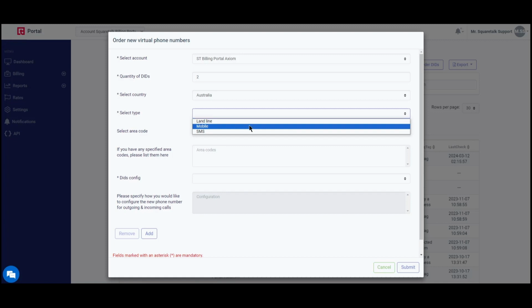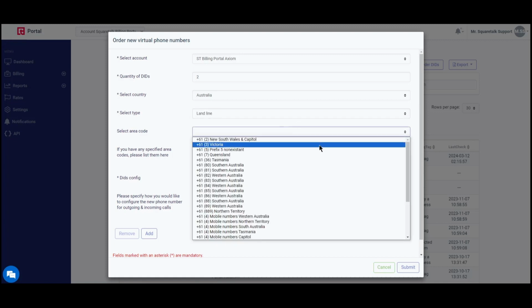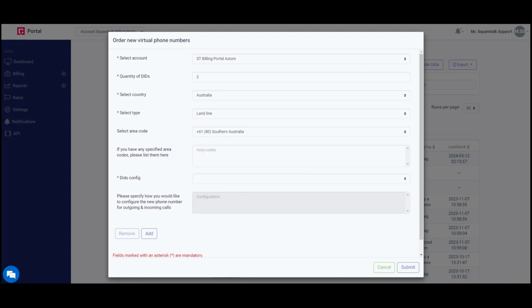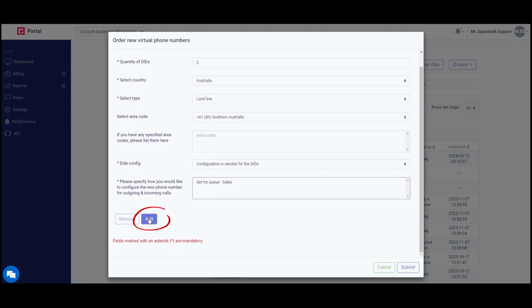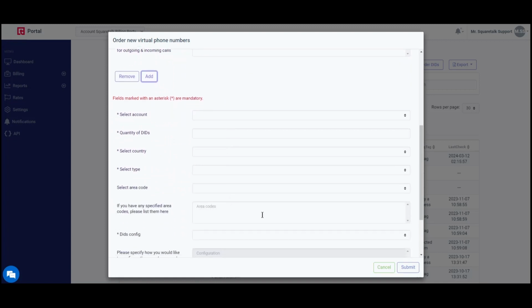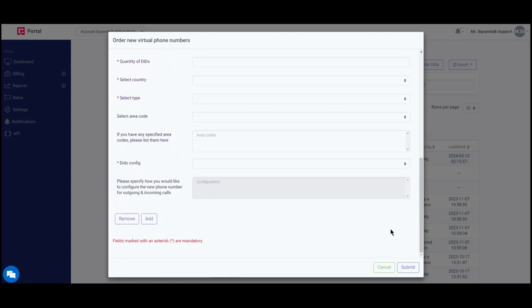Next, choose the type of number it should be, and the area code that you need. If you require a specific area code which is not listed, please specify it here. Lastly, specify if the new phone number should be configured or not. For example, add it to a specific queue or route. You can also request more numbers in the same order by clicking on the Add button and specifying all the